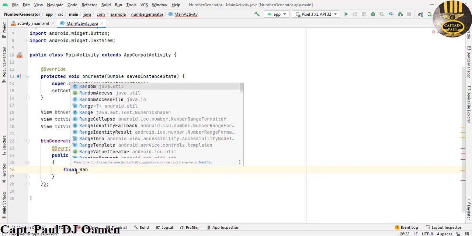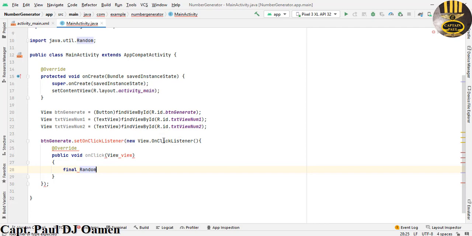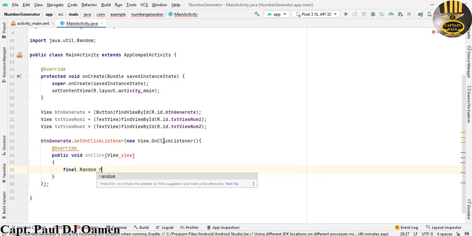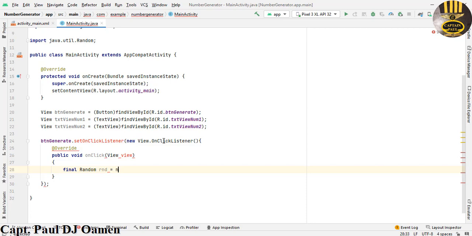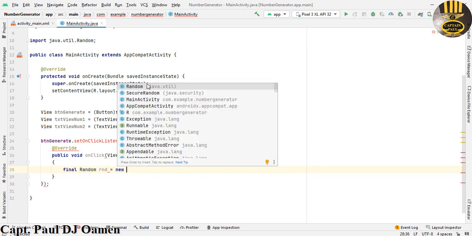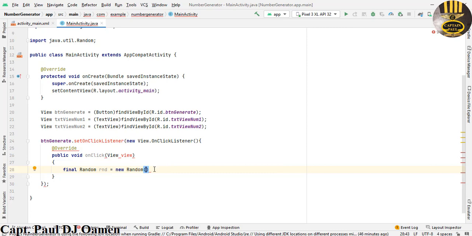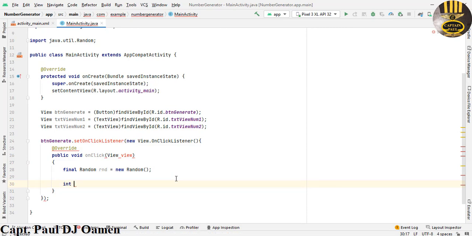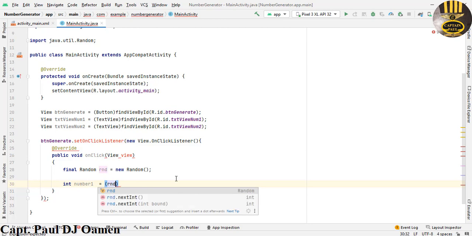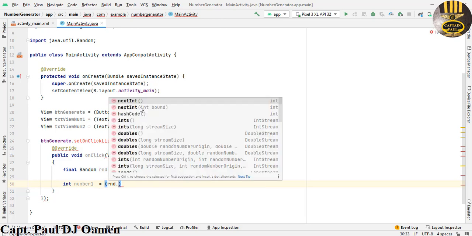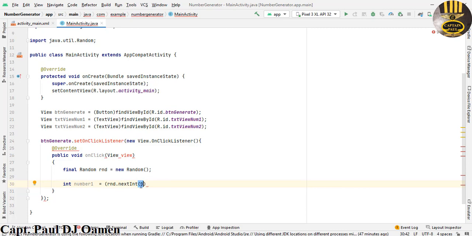Let's say random, and this is my random number. I'm just going to call it ran, and that is going to be new random. So that is the instance name. Enter semicolon there. Now the next thing I'm going to do is I'm going to declare the following. Let's say num1, that is going to be equals ran dot next int, and the value in there you can enter whatever. So I can just make that, maybe let's make that 120,